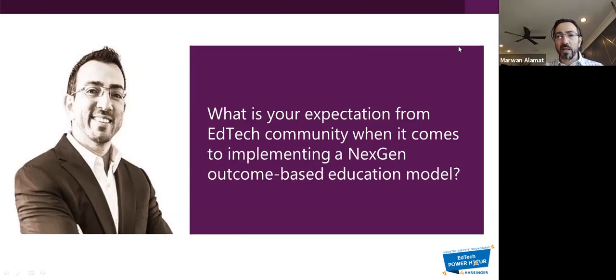Students didn't necessarily tell us that they wanted a text messaging tool or a mobile game to learn medical terminology, but we knew that they were struggling with a communication barrier with faculty and they were nervous. We knew that they were struggling to gain as much knowledge from the lecture because they didn't have the prerequisite knowledge to enter that week one lecture. So starting with that empathy phase is, I think, the key to designing that next generation model that will ultimately achieve that outcome at the end.